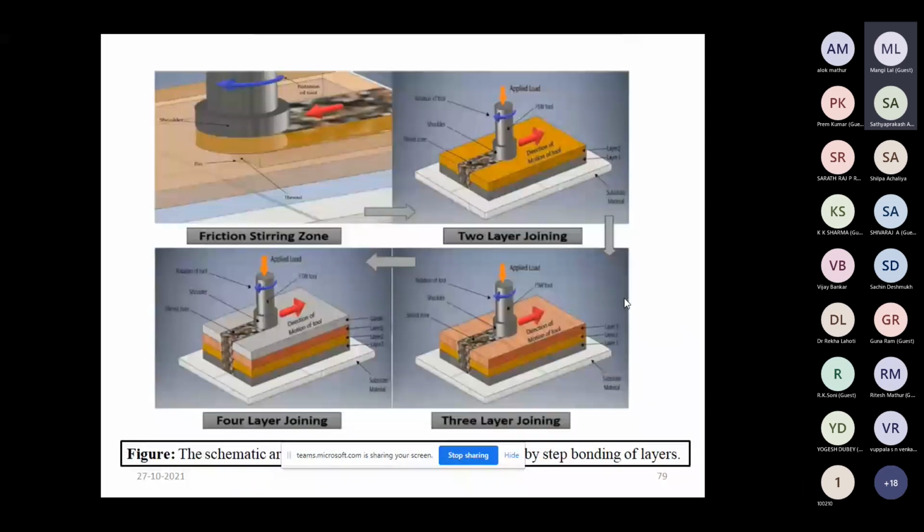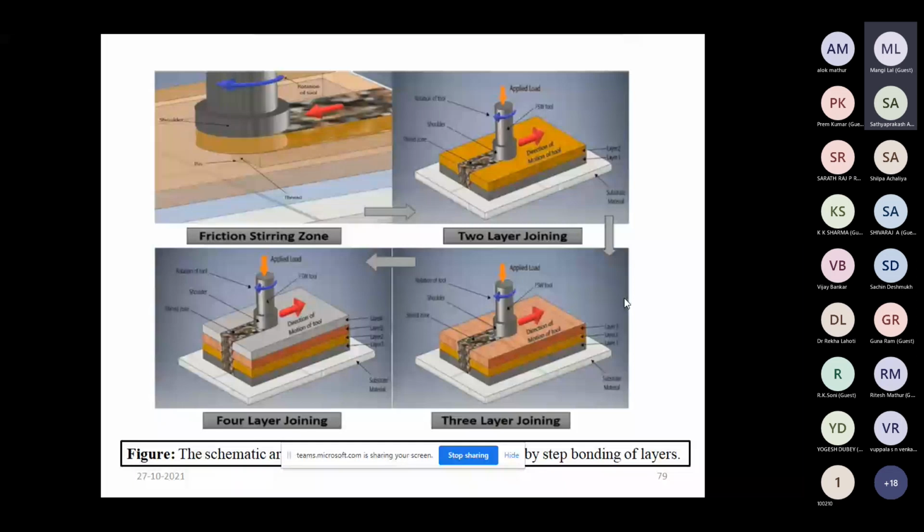Okay, so first of all, the first plate is added onto the platform. Then the second layer is joined. The process is the same, friction stir welding, and in a similar way the third plate is joined, and then the fourth plate is joined.